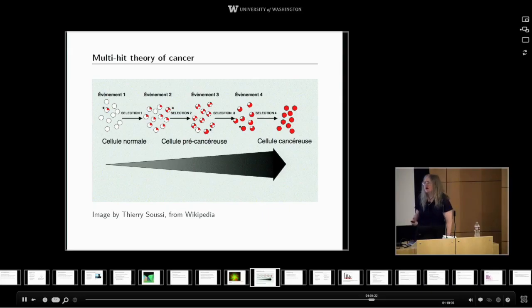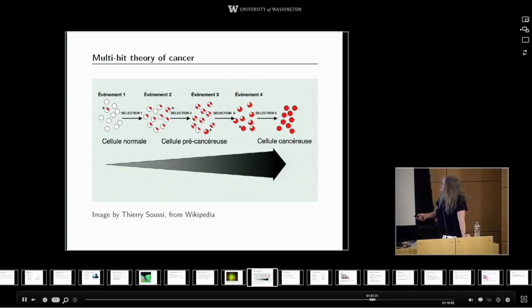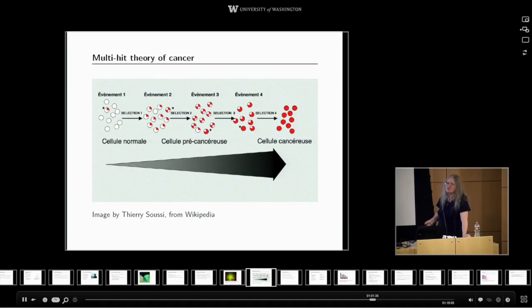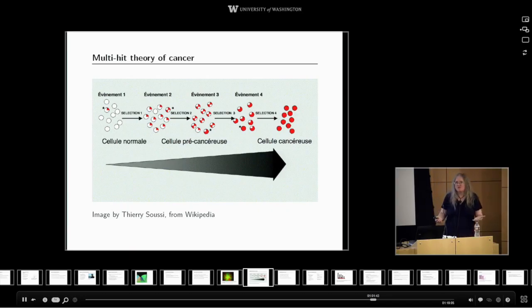So there's a theory of what happens in cancer. There's a theory, I apologize for this being in French, but it comes from a discussion of French Canadians. But it's clear enough even without the words. There's a multi-hit theory of cancer. Cells in general have a lot of fail-safes, so a single mutation is unlikely to result in a cancer. If it did, frankly, our 70-plus year lifespan would be unachievable.